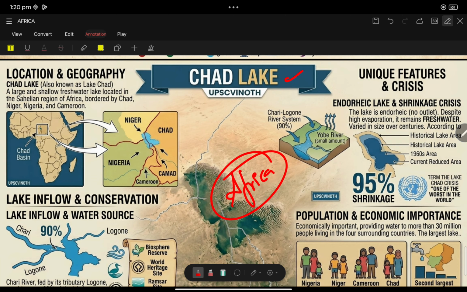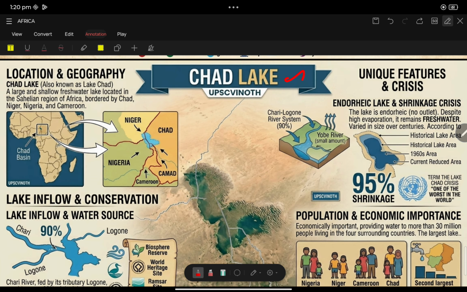First of all, shall I start with Lake Chad? UPSC will always focus on shrinking lakes, like that. There are multiple examples, and in that concept Lake Chad is also one of the important lakes. It has been shrinking since the 1950s, and now it has shrunk to a very small area. But why is it a concern? Every lake is shrinking, but why is it a concern?